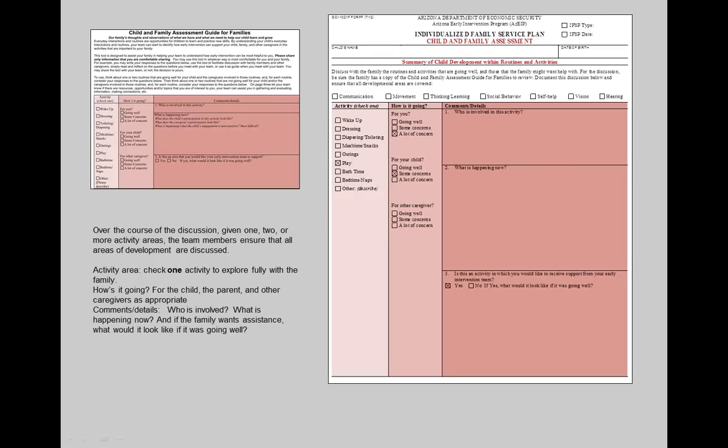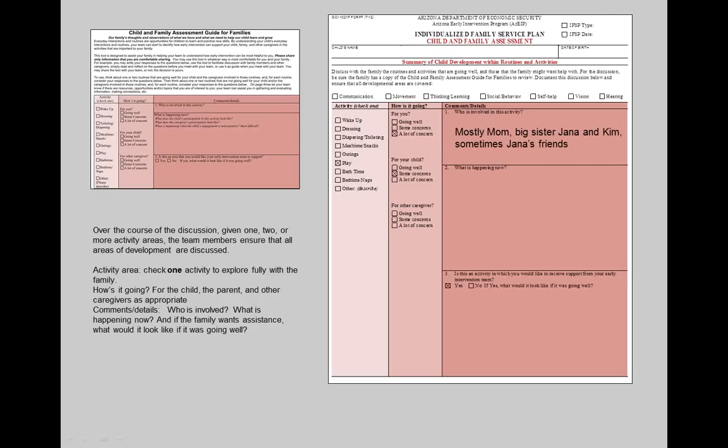A team member may begin the discussion by asking the family what activity area they would like to explore first. This may be an activity that is going especially well or an activity that is concerning to the family. The team member then asks how this activity is going for the various family members involved.